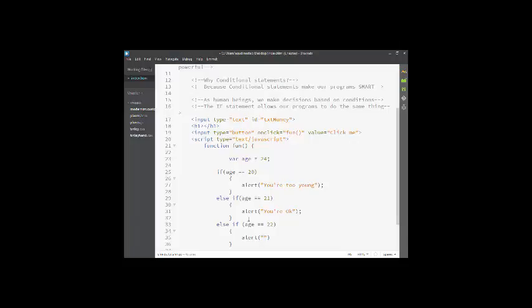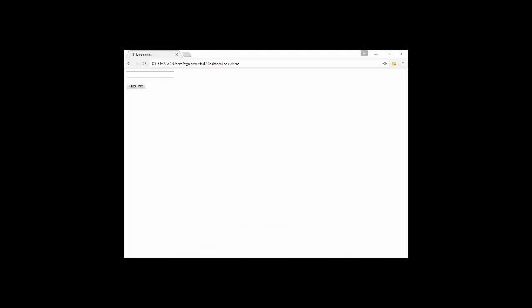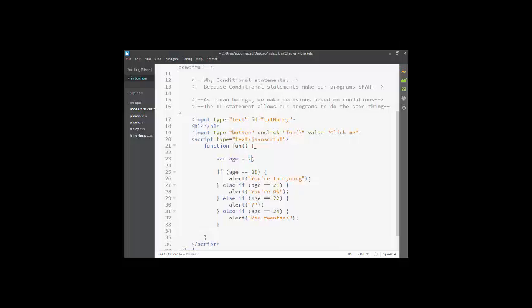If age is 22, I'm just going to put a question mark. Else if age is 20, I was going to skip to 24. I'm going to alert mid-20s. So as I refresh this, you can see that's the result, mid-20s. If I change it to a different value,